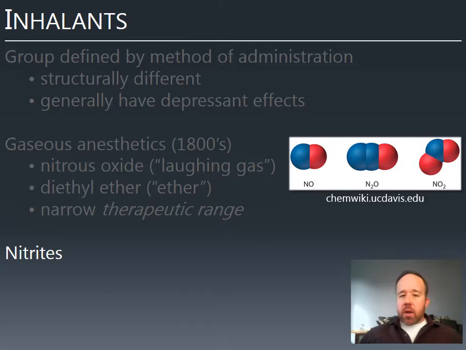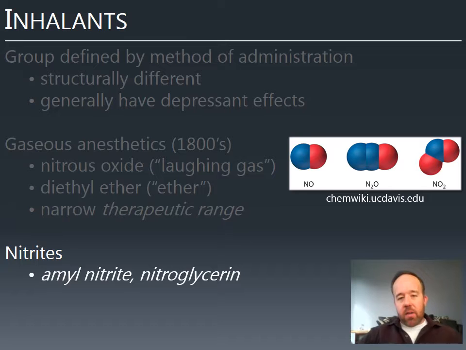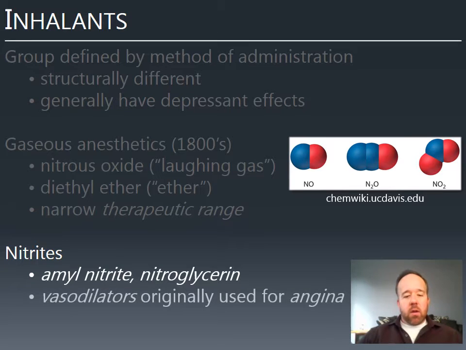After that came the nitrites, not the nitrates, the nitrites. We're not going to get into the chemical difference, but some of the most famous are amyl nitrite and nitroglycerin, which is a famous explosive, but also it's famous for treating heart conditions. So on TV, if you've ever seen someone go through chest pain and then try to find their pills and then put a pill under their tongue, usually that's a nitroglycerin. So what do these substances do?